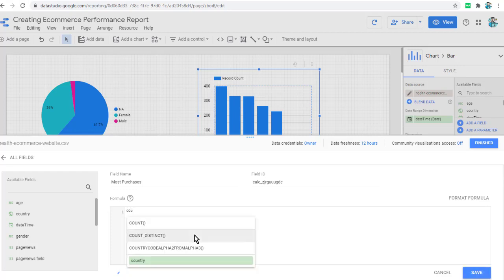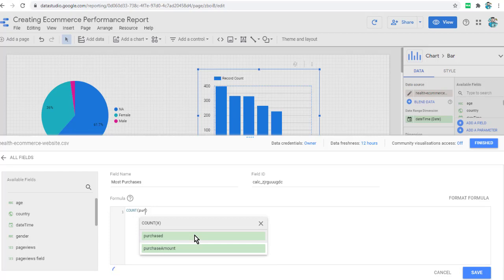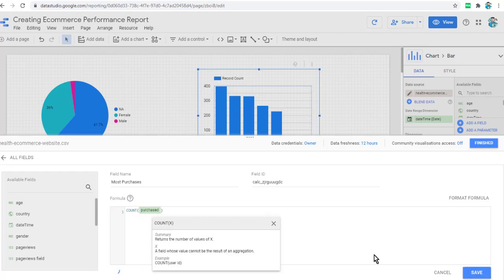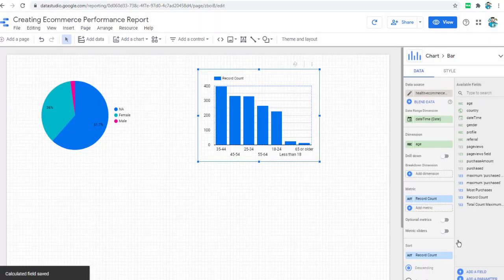So we're going to write count, and inside the brackets we will put the column name. So the column name is the purchased, and now we're going to click save, click finished, and total count maximum, or all right, most purchases.